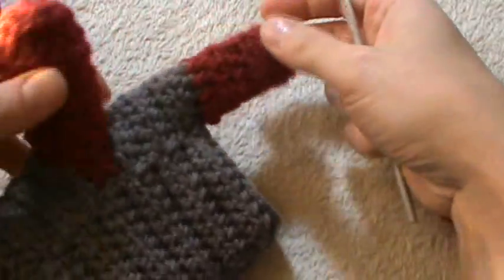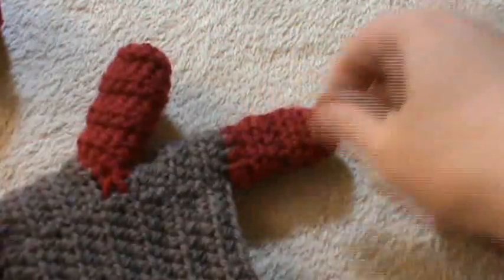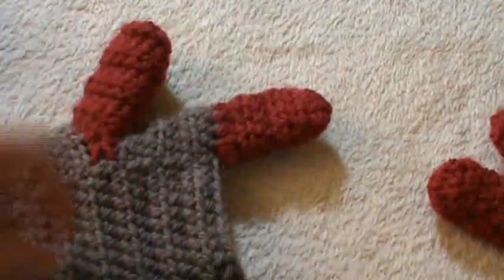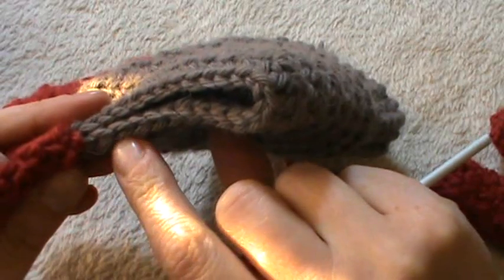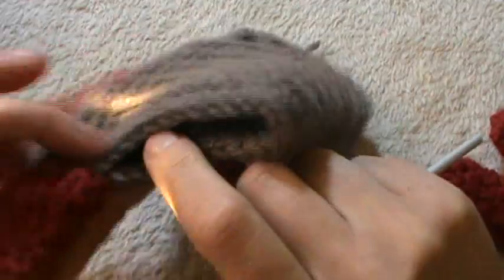Okay, so I finished my first finger, my index finger, and now for the next. So can you see, it's really easy. Now for the next, just watch. 1, 2, 3, 4. So I will insert my hook into the 4th here